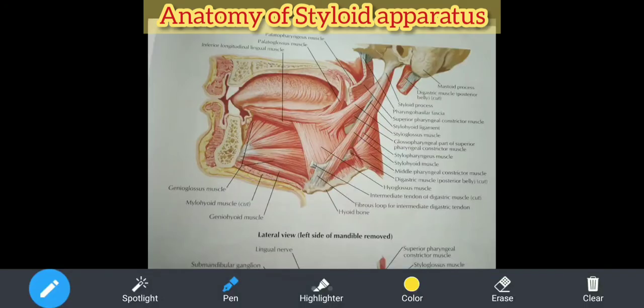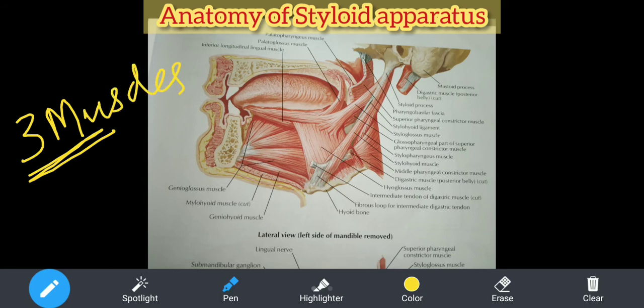So we are talking about the 3 muscles. Please mute your voice. Now you focus on what I am showing you. This diagram is appearing very complex. Don't bother. I will explain. See, this is the chin of the person. These are the lips of the person. I am just orienting you with the diagram. This is the tongue of the person. So this becomes anterior. This becomes posterior.